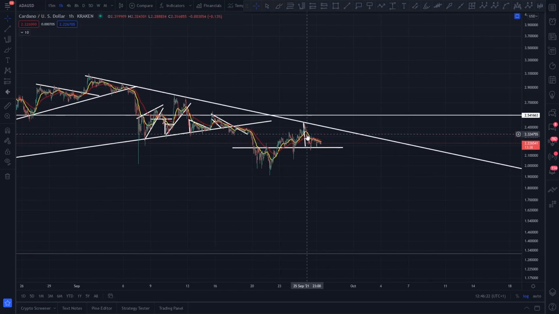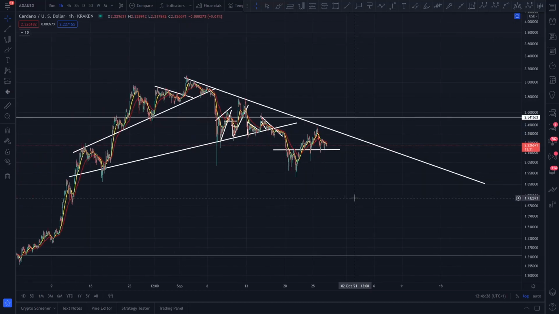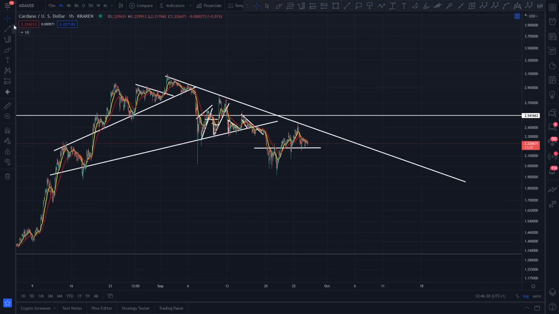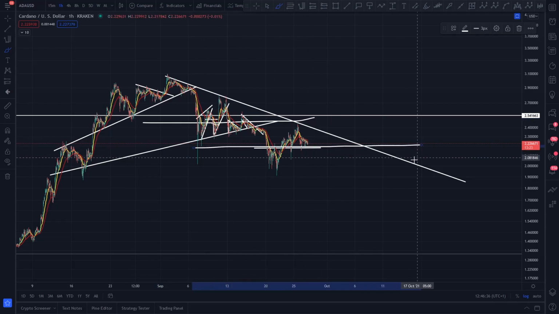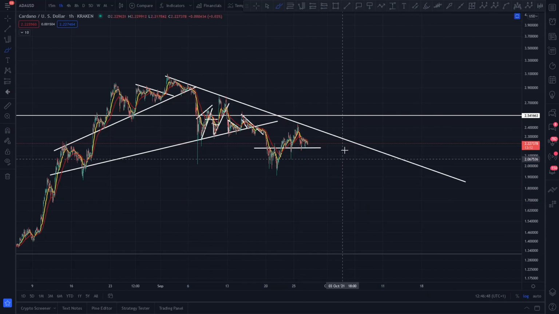But in doing so, you ran into this level of resistance. Look at this downward sloping trend line. So you're conforming at the moment to a level of resistance, and like I said to you, I think you're moving down in waveforms for Cardano, just like every other project. Look, you've come down, you found a support, come down, you found another support, and right now I do think that if you were to lose this support here, this could be quite negative for Cardano, and potentially you could be coming down to create another level of support, and that potentially will be your low for Cardano, because I think you're coming down in waveforms.